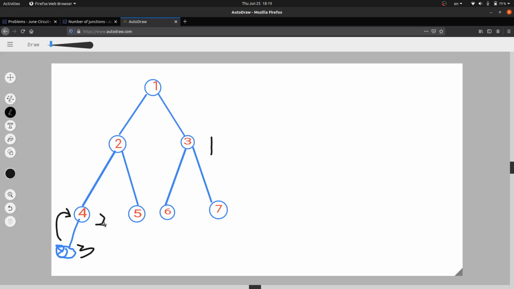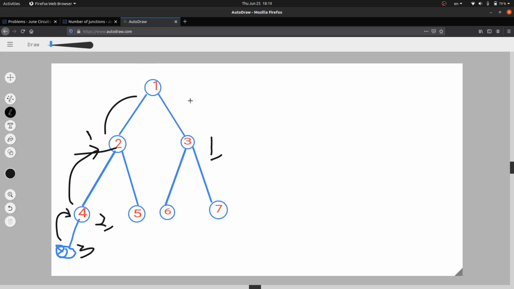Now the depth is 2. Because the depth is still not equal to this, we will again go to its parent. Now the depth is 1, which is equal to its depth. Now we will go to the parent of both the nodes. As soon as we find that from both the paths the nodes are the same, meaning this node's parent from here and from here are the same, we will stop. So this will be our path.